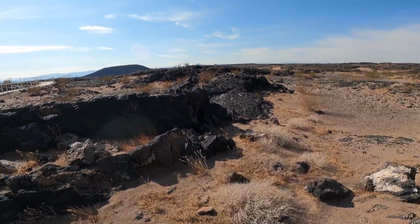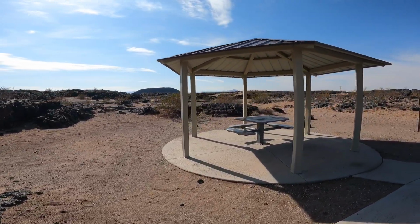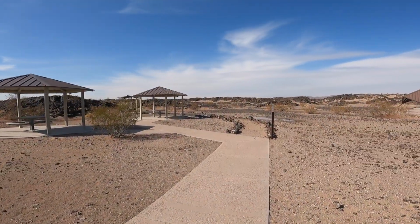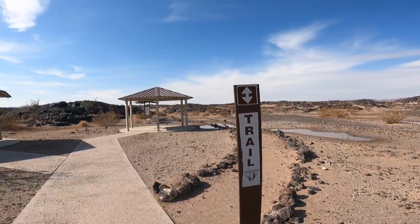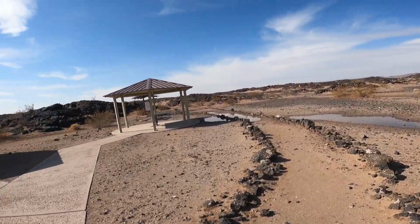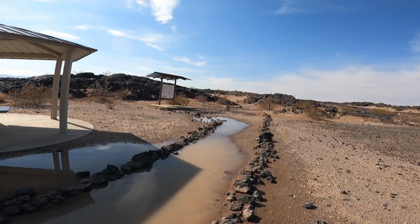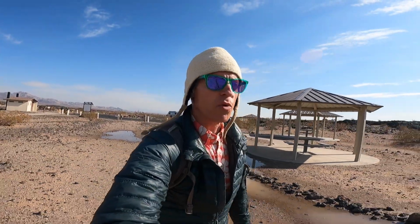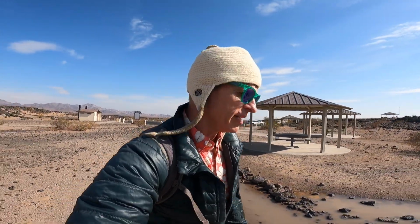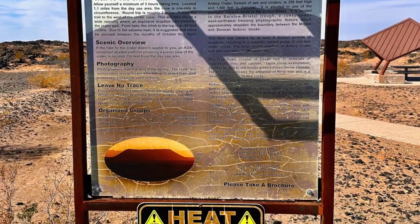Look at all that lava, just super interesting rock formations. Here we go. Here is the trail as indicated as such. All right. Oh, here it is. Okay, now I found the trail. Wow, look at all the water from last night. Boy, oh boy, must have been a big downpour. Nothing better than being in the desert for rain. Absolutely nothing better than desert rain. Okay. Oh, this is a really nicely designed little